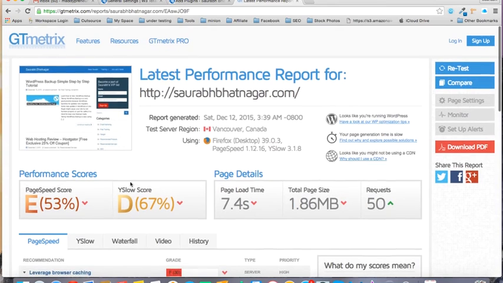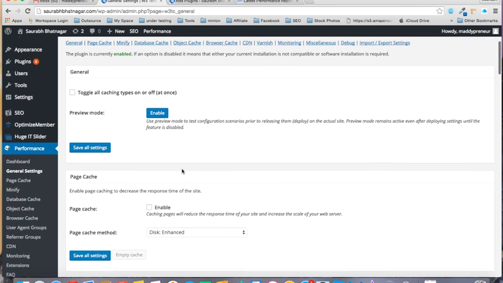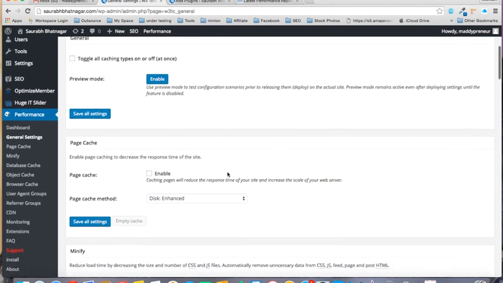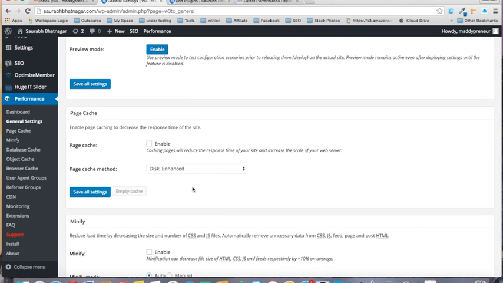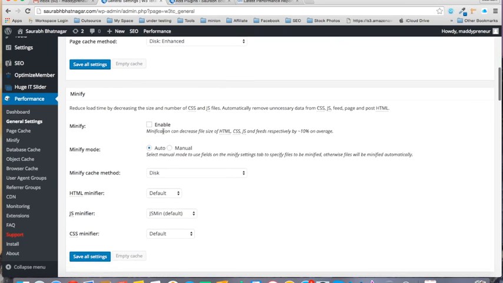So let's get into the plugin. After you have enabled and activated your plugin, you will go into the general settings, and over here you will first of all enable the page cache, and then you will enable the minify.